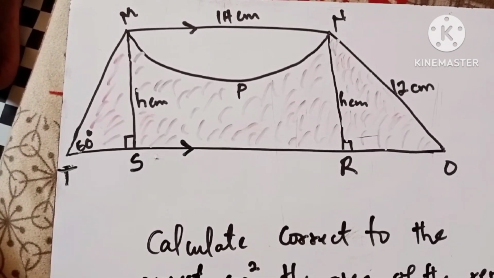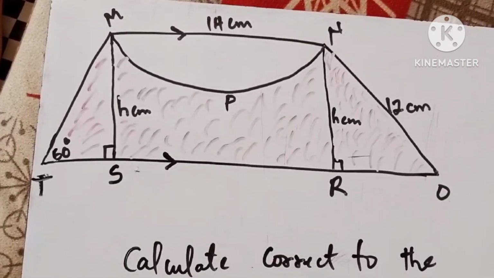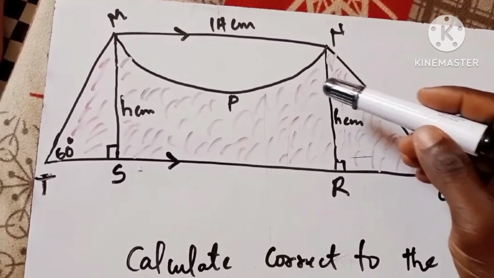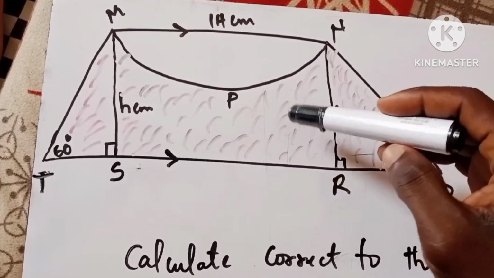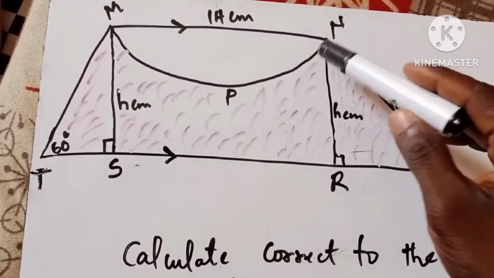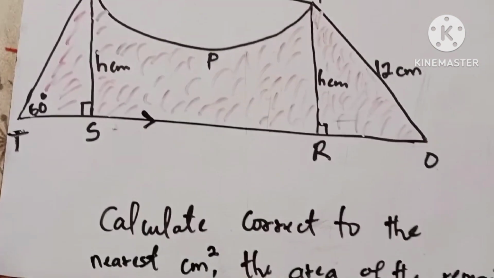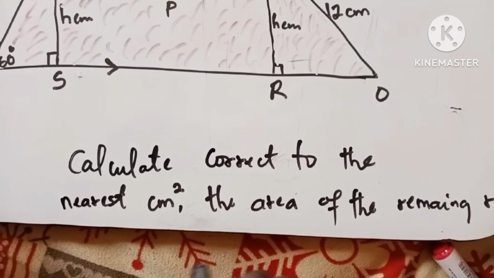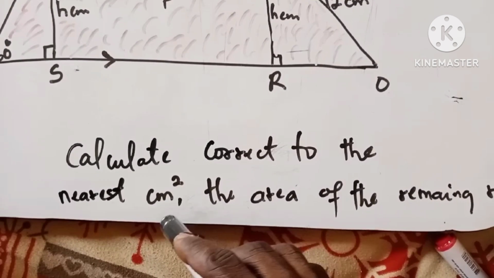This is a very beautiful diagram, right? So the diagram here is a trapezium. We don't care what is inside, but sometimes along the way we know how to use this information to answer the questions that they are asking. The question here says that you should calculate, correct to the nearest square centimeters,